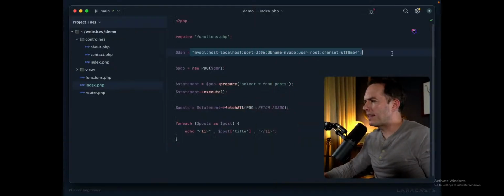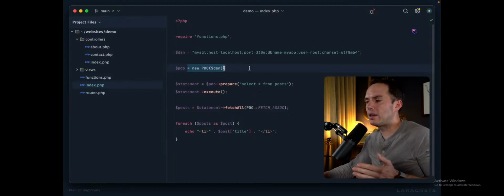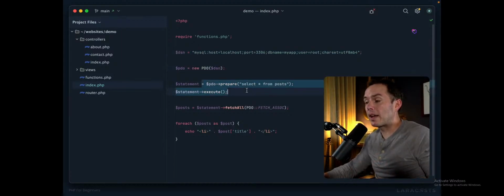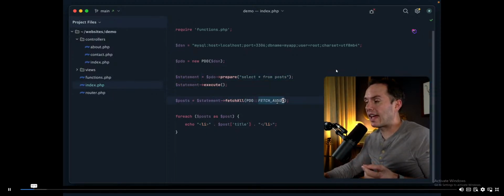All right, welcome back, everybody. Here's where we left off in the last episode. So we created this awkward looking connection string, and then we passed it to a new PDO instance. And then we prepared and executed our first query. We fetched all of the results as an